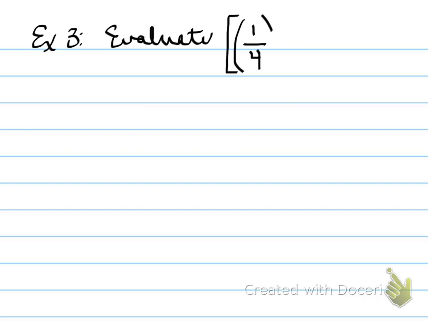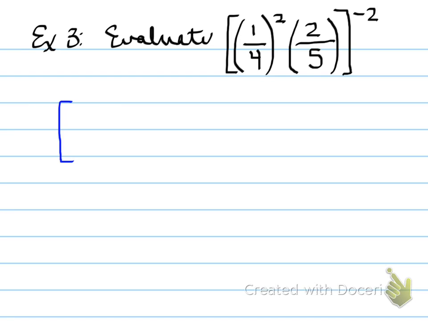Example number 3. Evaluate the following. To do this, we need to understand the exponent rules. Exponent rules says that each of these can get the negative 2. The reason why is because the negative 2 can be applied to only products that are raised to that power. This is a product, so each one of these can be multiplied to the exponent on the outside. You get,